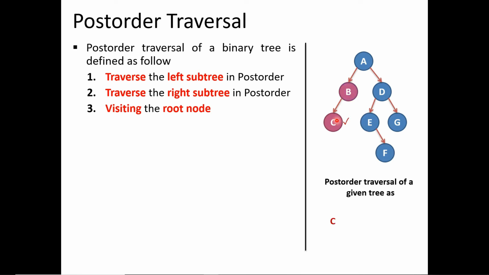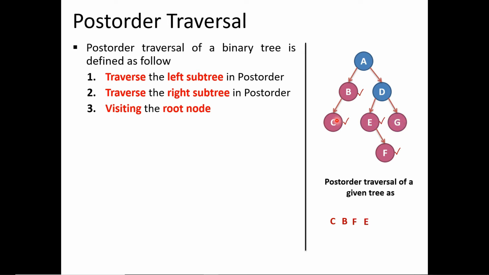Then next left subtree node, that is B, so we have to visit this node B and write it into post order traversal, right? Then we have to move on right subtree. In right subtree, leaf node is F, so first of all we have to visit this node F and write this node into post order traversal. Then E becomes a leaf node of right subtree, so we have to visit this node E and then write it into post order traversal.